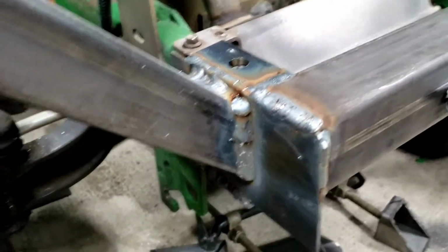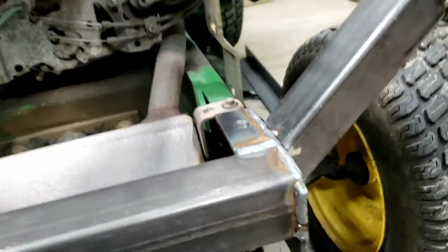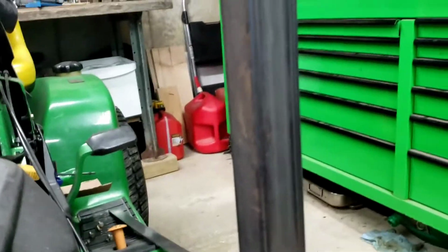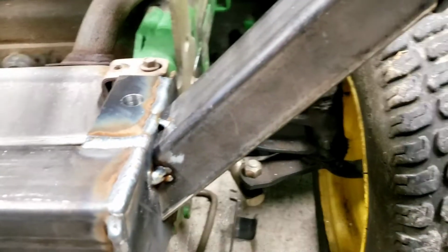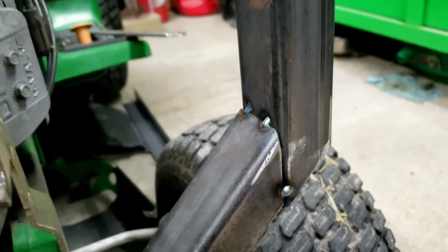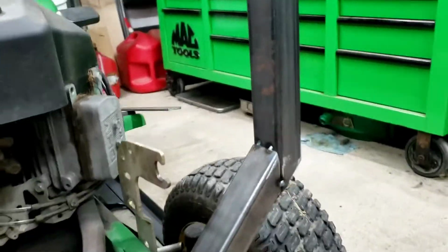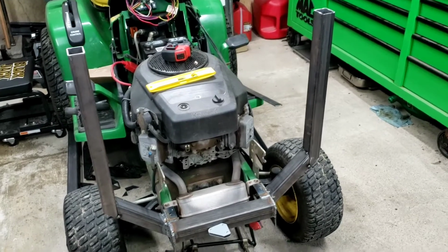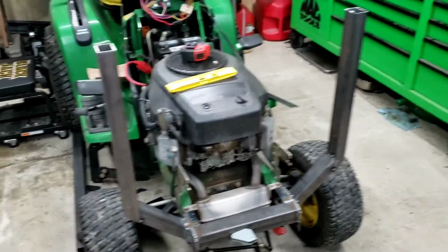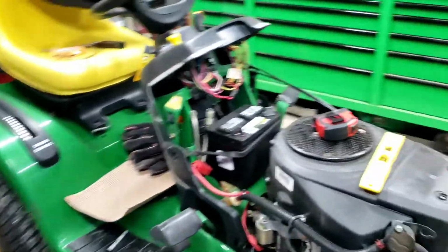My welds didn't really come out the best on this, but I wanted to throw some strength in these before I started messing with these some more. I'm hoping the side will stay on for the time being. But hopefully in a couple days I'll be coming back down here and messing with it again. Looks kind of wild as it is. I had the hood on before, and with just this side on, it looked pretty good. It's kind of, I don't know,